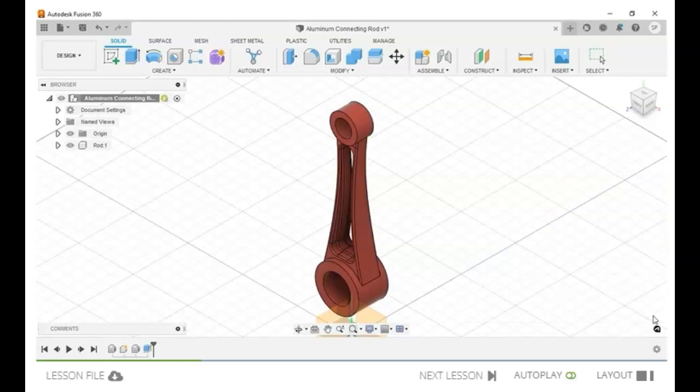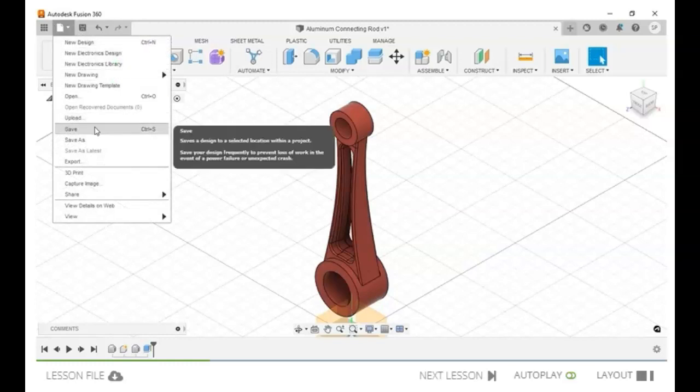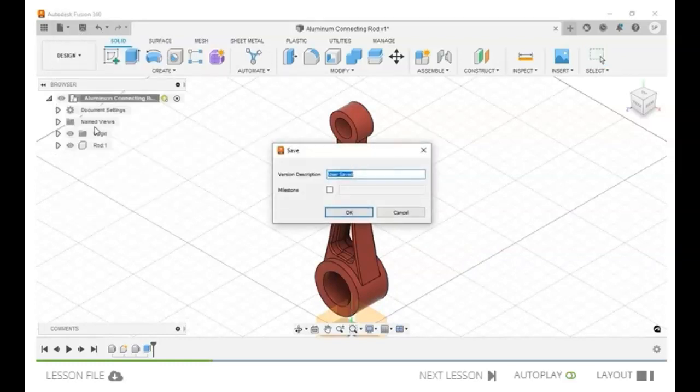Now that I've updated the design, I'll click the Save option from the File pull-down menu. I could have also used the Ctrl+S shortcut. By activating the Save command, I'm prompted to provide a version description. Whenever you make a modification to a design within Fusion 360 and you use the Save command, this creates a version. Think of versions in Fusion 360 as minor revisions that you might find in other CAD programs or data